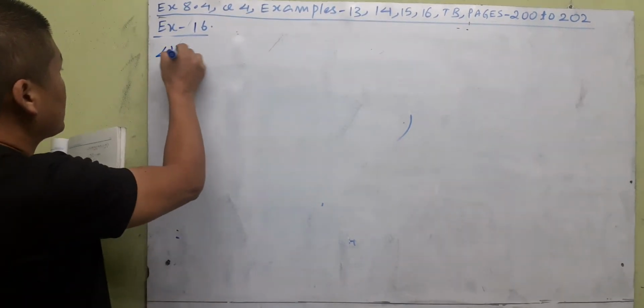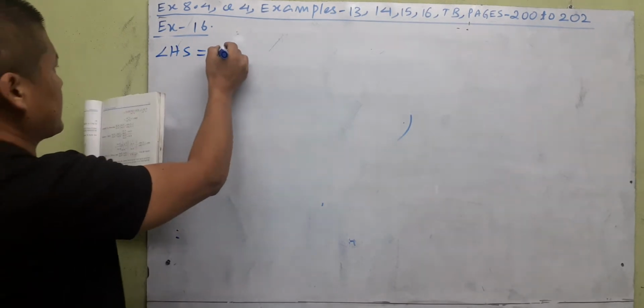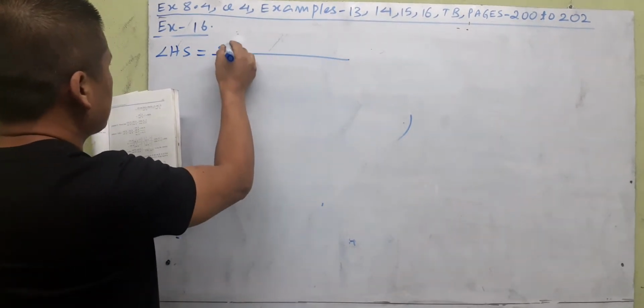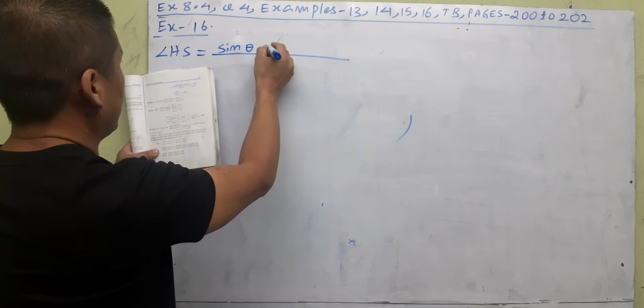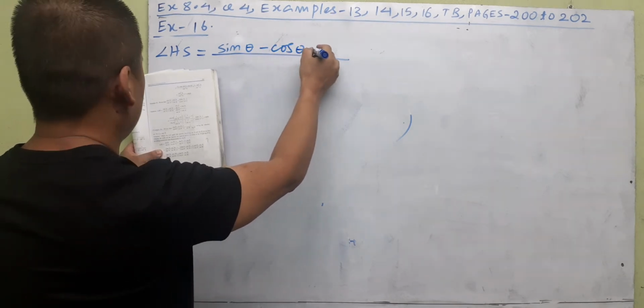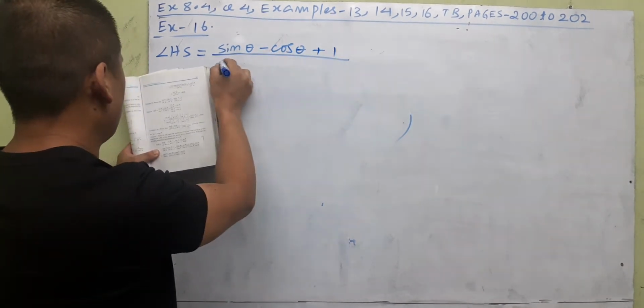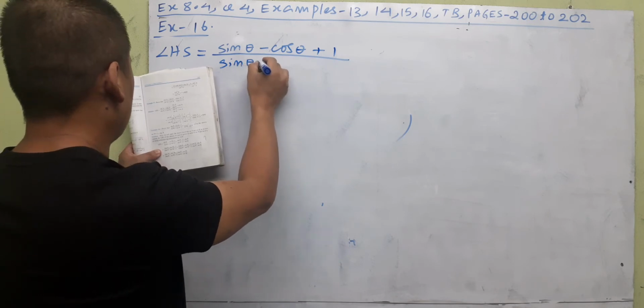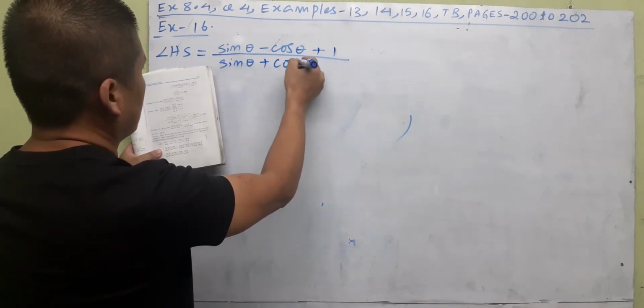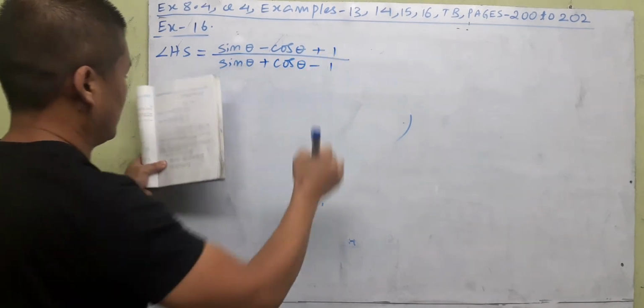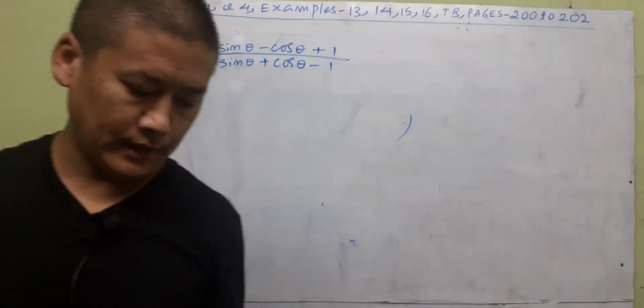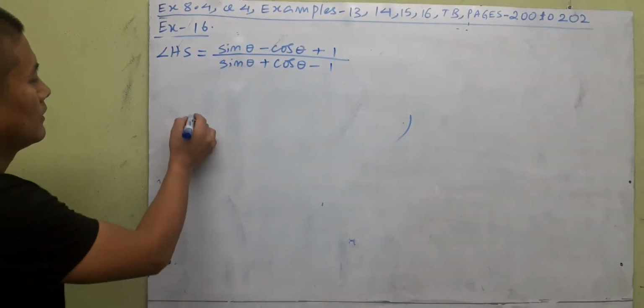So here, once you are through example 16, page 201, you have the proof. Let us take out the left hand side, which is equal to sine theta minus cos theta plus 1 by sine theta plus cos theta minus 1 is equal to 1 by sec theta minus tan theta. Let us do one thing,